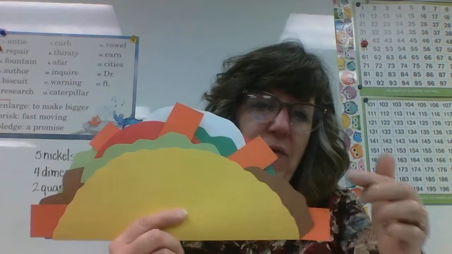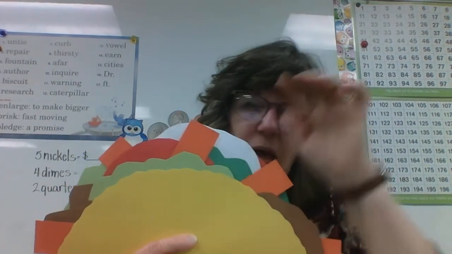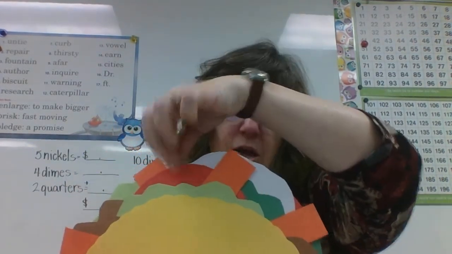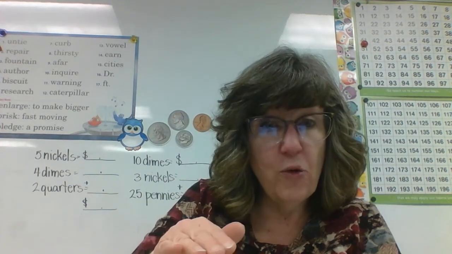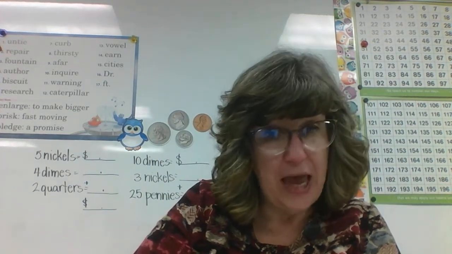Inside my taco, I've got some meat and some cheese and some lettuce, some tomatoes, and of course the yummy sour cream. Well, we have pieces inside here that are going to go along with our page. Grab a pencil, get ready to think. I'm going to call on you, and you're going to give me the answer. Okay, are you ready? Here we go. Let's take our taco apart and see what's inside. Okay, we're going to go vertical. We're going up and down on our rows today. Are you ready?